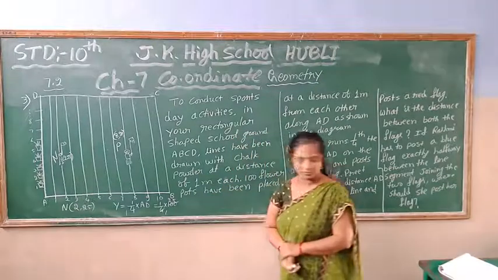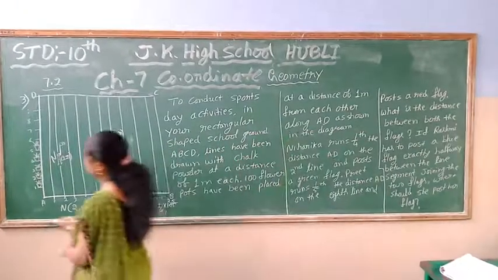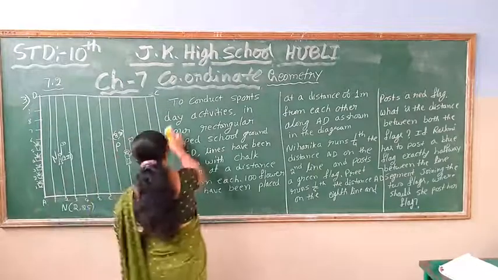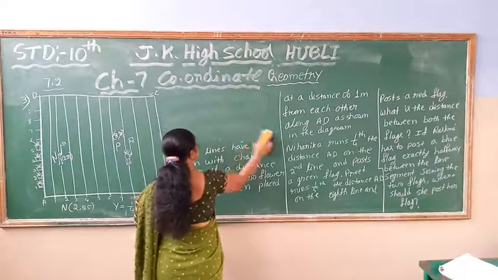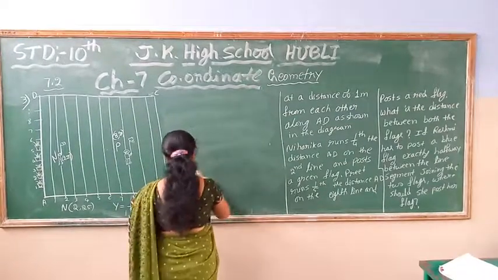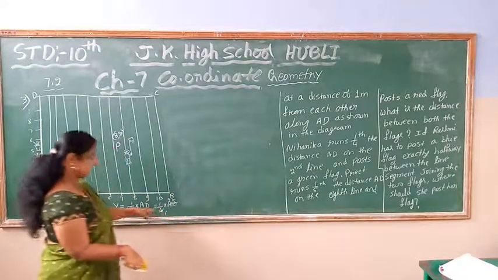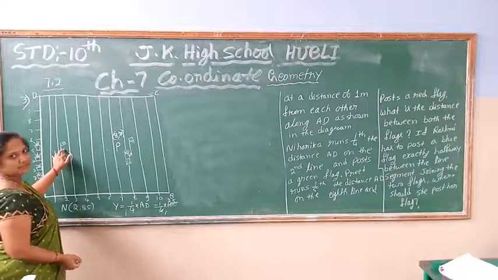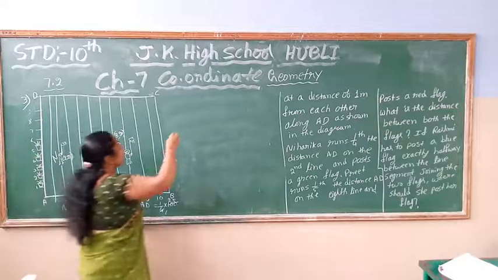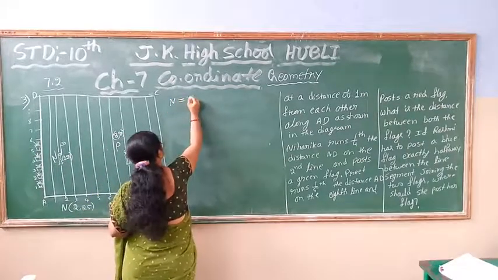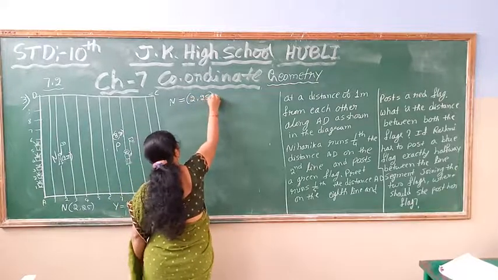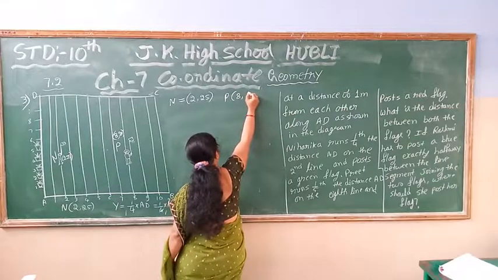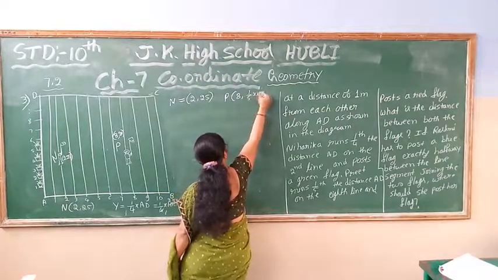Now I am going to find out the distance between them. Now I will drop this. Already I know Niharika's coordinates, the position she is in now. Where she has put the green flag, we can call that N. Niharika's position of the green flag is 2, 25, and the coordinates are on the 8th line, at 1/5 the distance of AD.